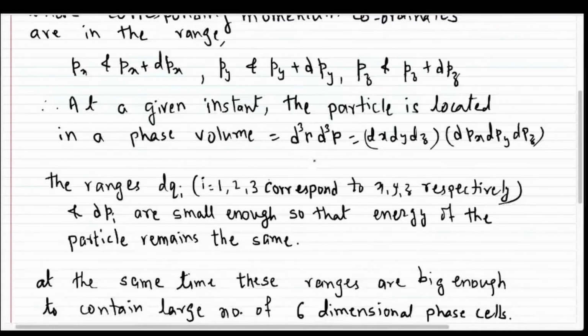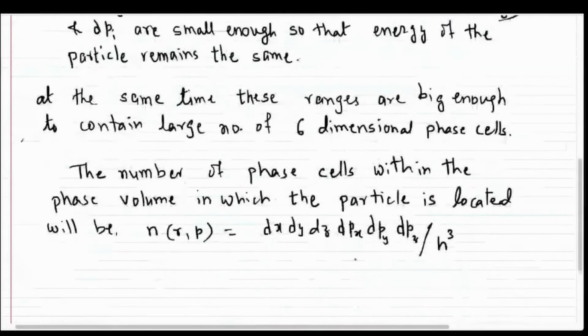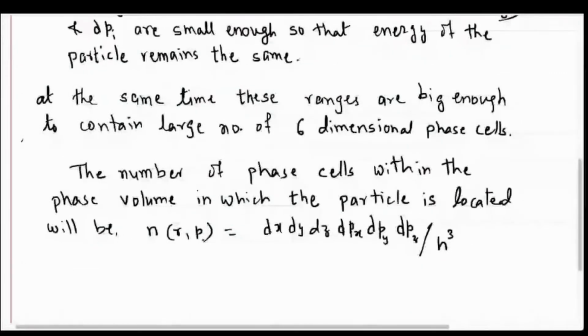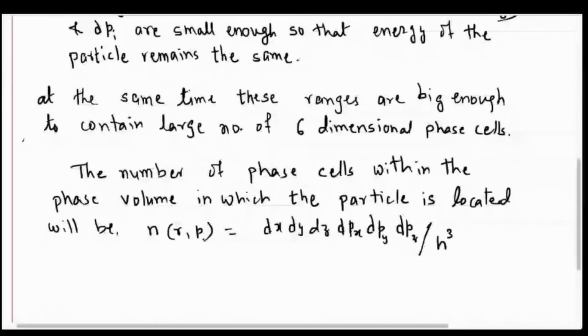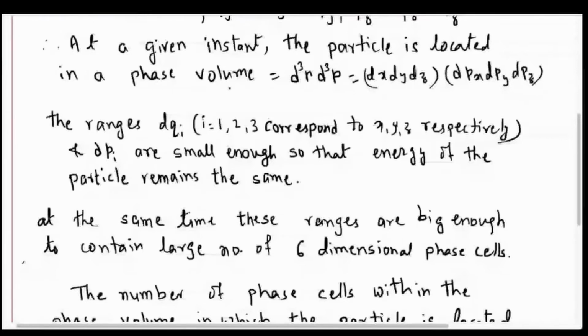And that itself means that the phase space volume d cube r d cube p associated with that much energy will be larger. If the degeneracy of a particular energy level is less, the number of microstates in which the particle can take place for that much energy will be less, and that means the uncertainty in locating the particle with that energy is less. That means d cube r d cube p corresponding to that energy will be less, and that will give us a smaller number of phase cells, that is n.